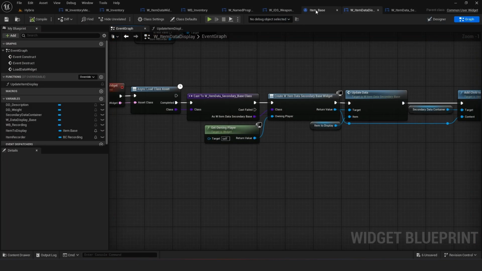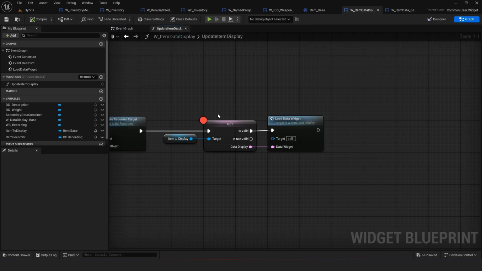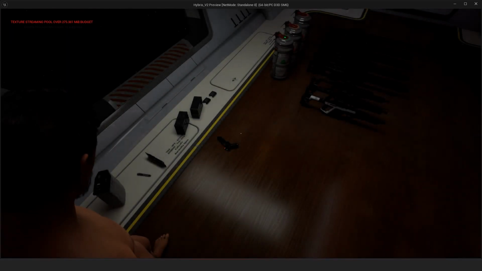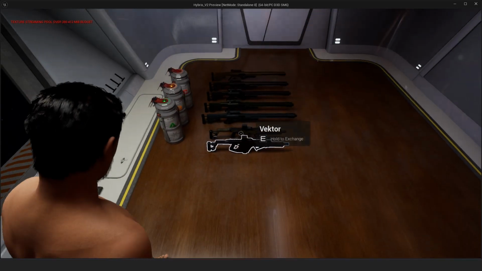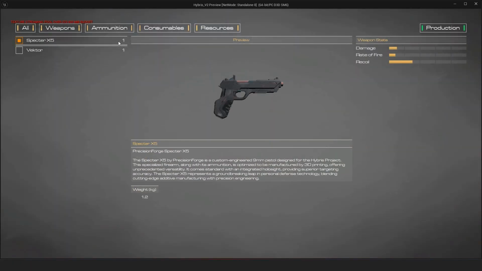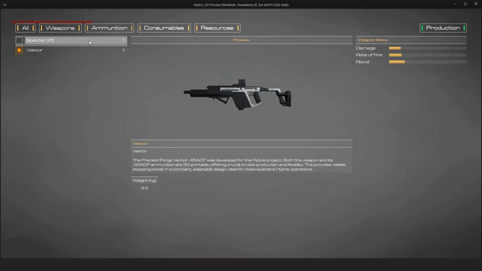Test it. I should probably do that. Let me just remove the breakpoint. Pick up these two weapons. There we go. So now I have the damage stats, and it does look like they are updating as well. So when we update,